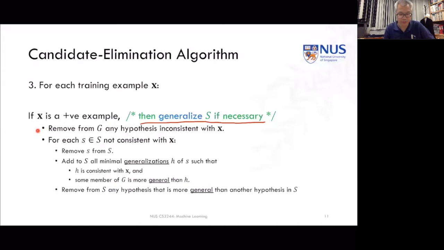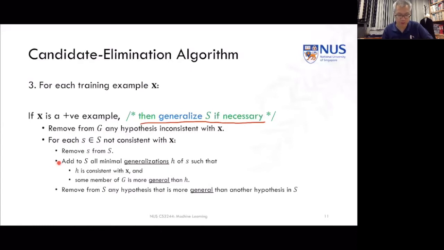Then, for all of the specific hypotheses in our specific hypothesis set that are not consistent, we're going to remove them and then try to generalize, just like we did with Find-S,